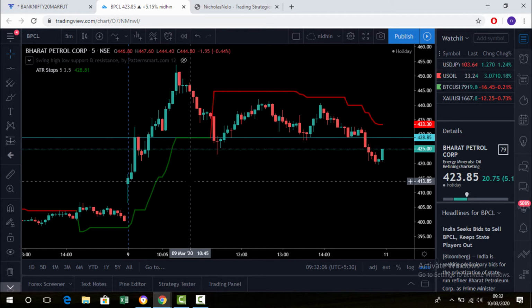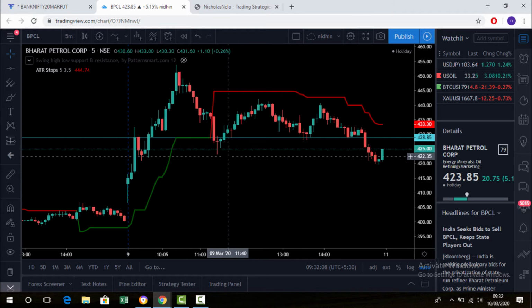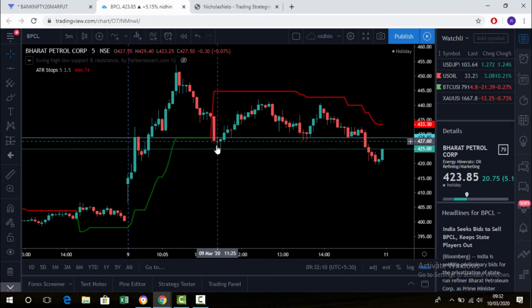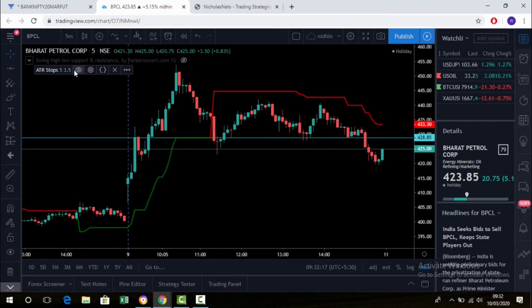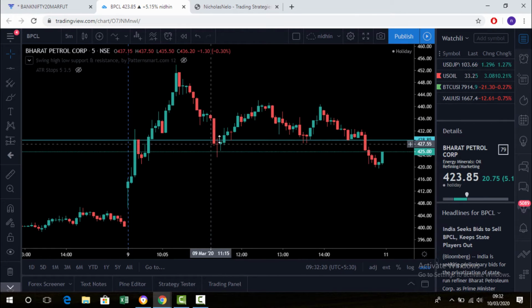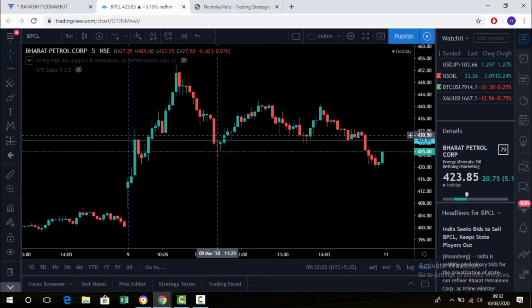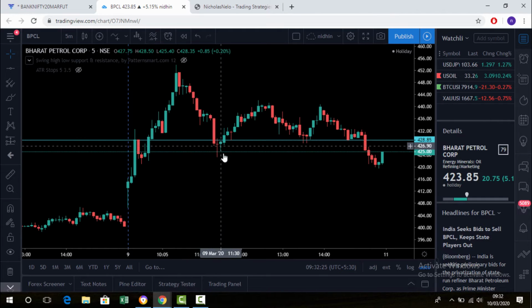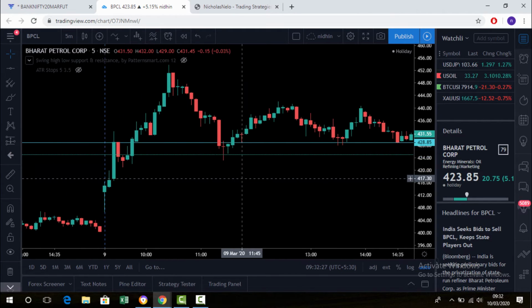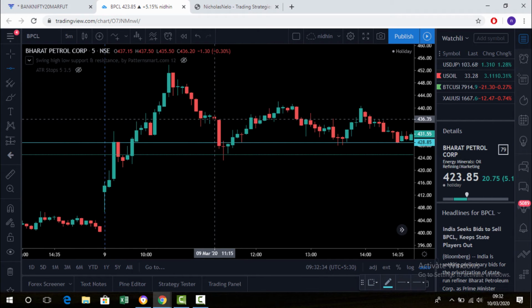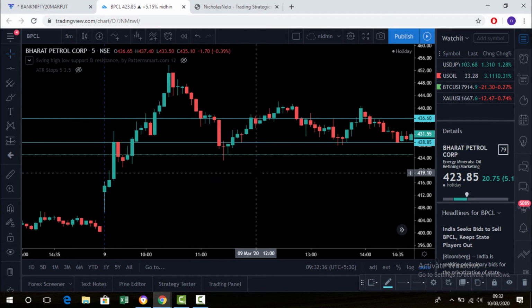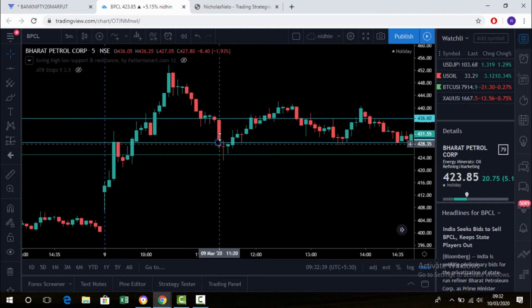So this acts as a support now. Then I will show you how to trade with this level. After that the market breaks here, see, the market breaks here. So what you do is just close this one. Now you know that this is the support level. Whenever this support level breaks, you can go for sell. So here we can go for sell, and you place the stop loss at the same candle high. And if you feel that this stop loss is too high, then leave the trade. Then wait for the next chance.